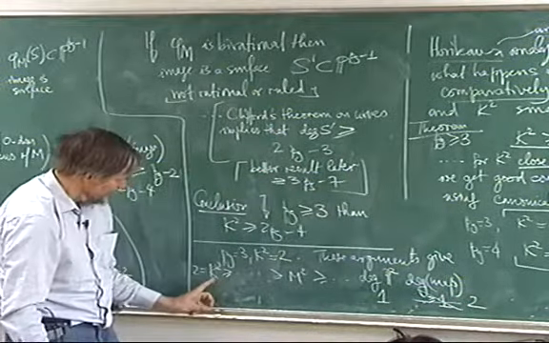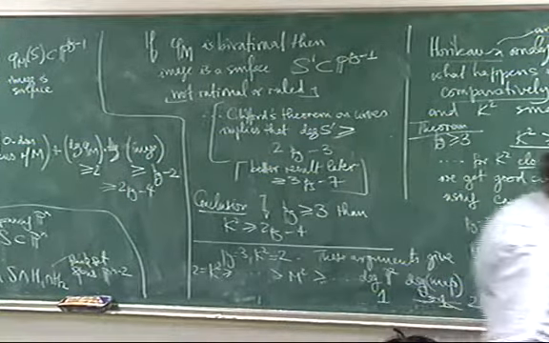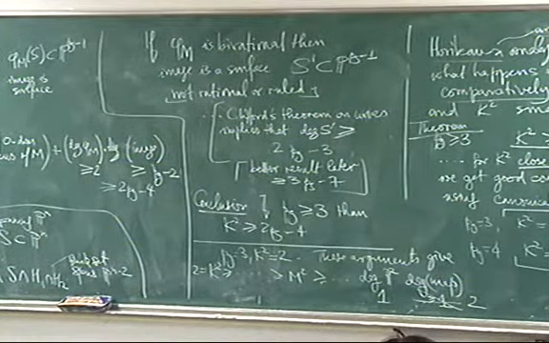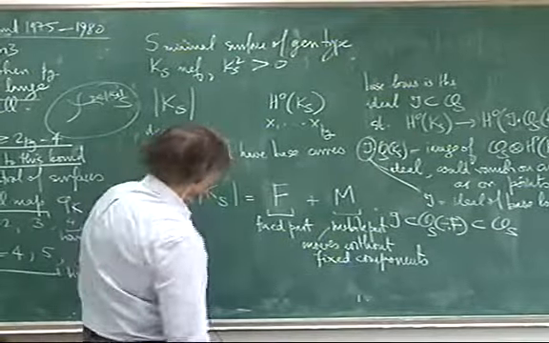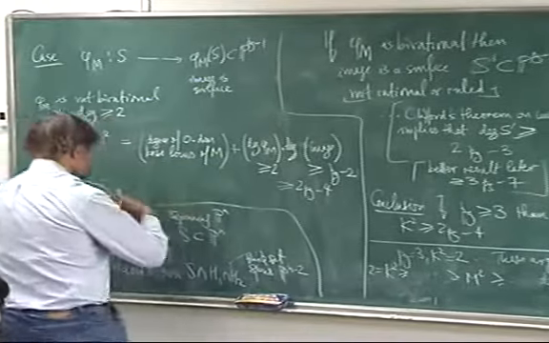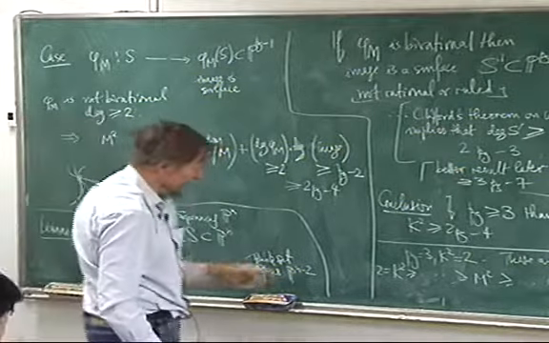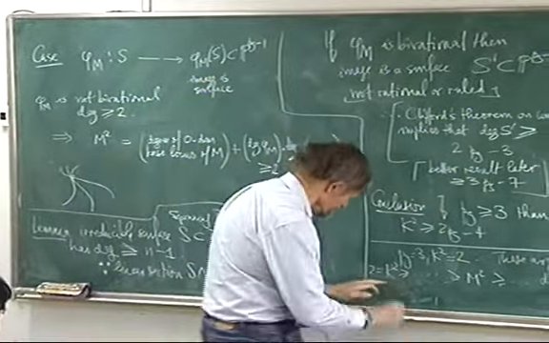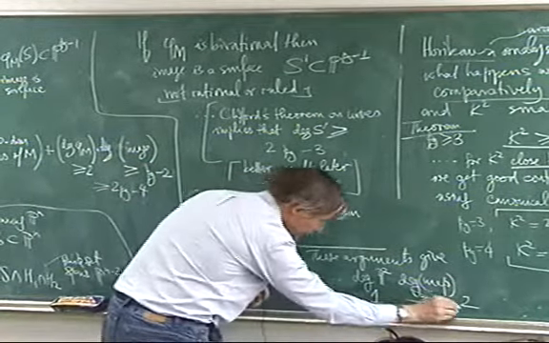And so the thing that happened here is, I allowed for the possibility that there's a fixed part. I did various numbers on it and so on. And then I allowed for the possibility that the mobile part of the linear system still has a base locus. But in any of these, because I have 2 here, and I have only 2 there,